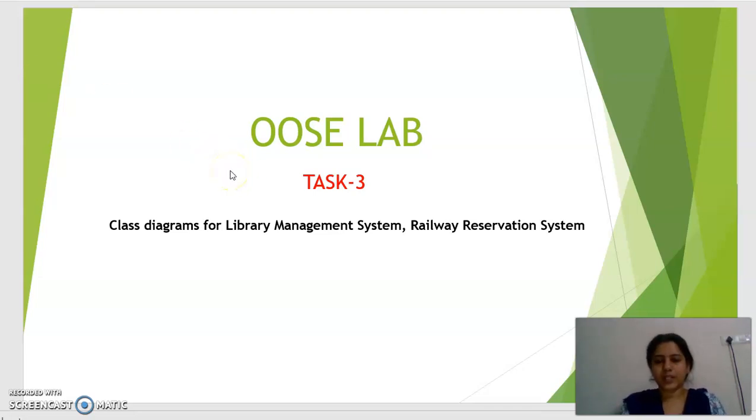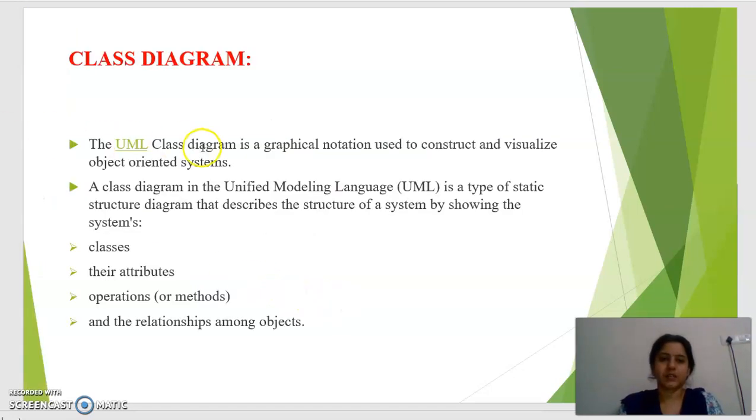Hello everyone, in this video I'll explain what a class diagram is and what the different elements in a class diagram are. Next we'll see the class diagram for a library management system and a railway reservation system. So first, the class diagram mainly describes the structure of the system,